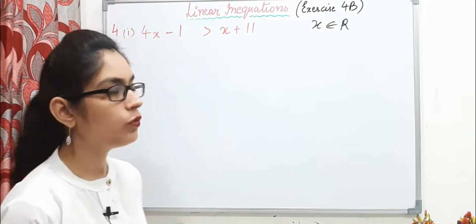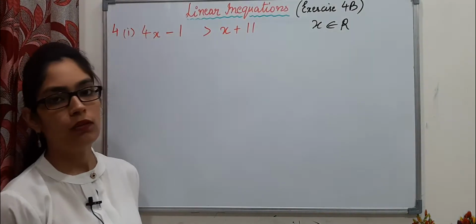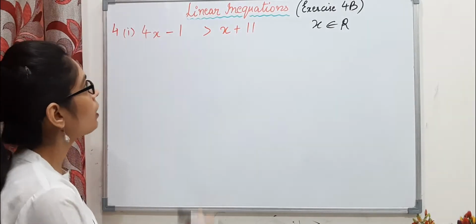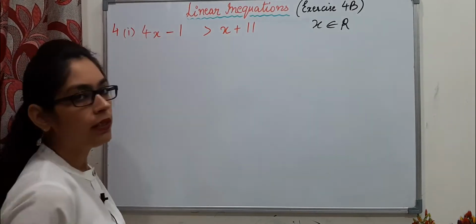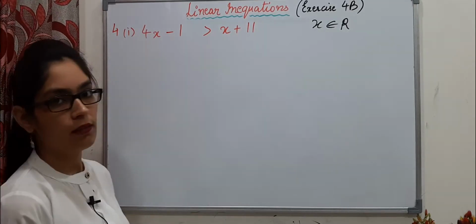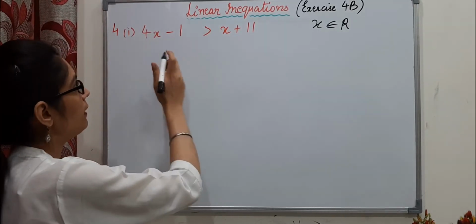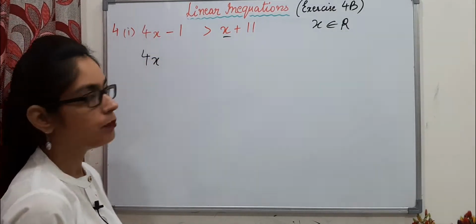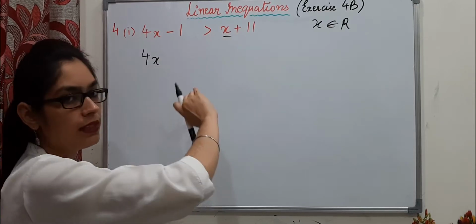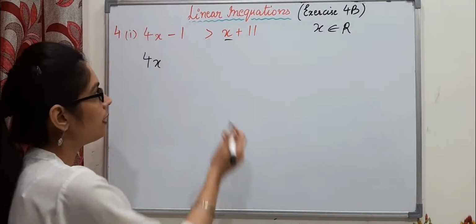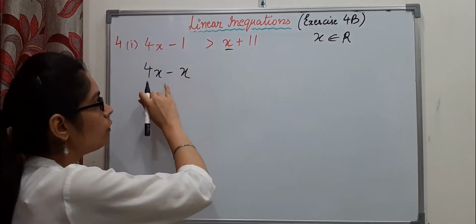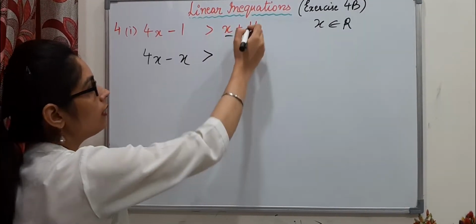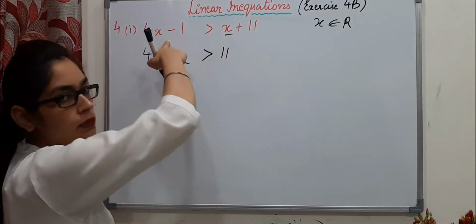In question number 4, we have to find the value of x, then we have to graph that solution on the number line. 4x minus 1 is greater than x plus 11. So like terms we'll write together. 4x and x, both of these are like terms. So x we will shift to this side, plus x, on changing the side it will be changed to minus x. 4x minus x, this sign will remain same, greater than, here 11 as it is, and minus 1, because